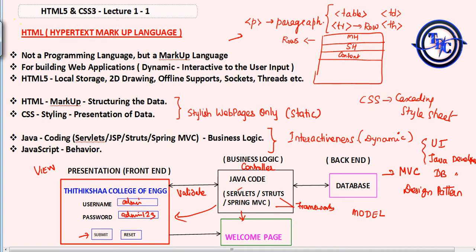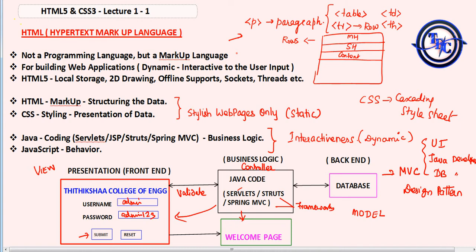These people can work independently. Finally, all this code can be joined together to make the web page. Otherwise, if one has to work on the UI as well as the business logic as well as the database, it's very tedious, right?